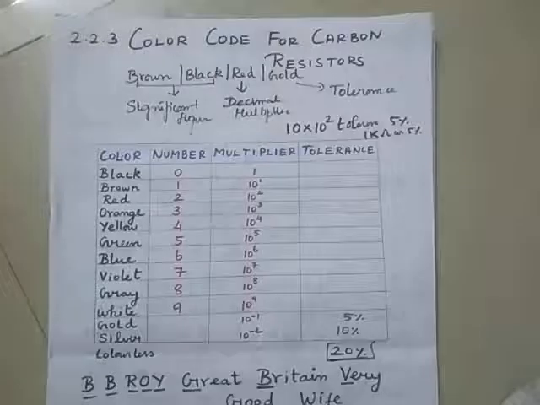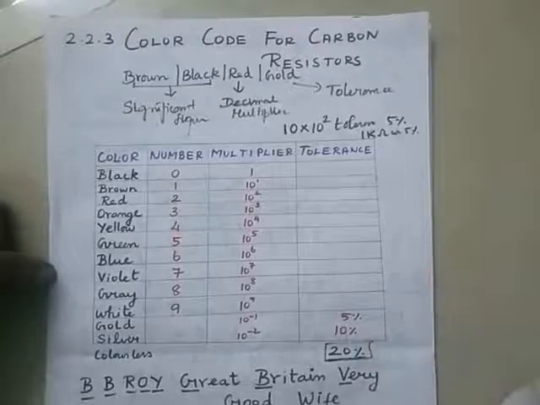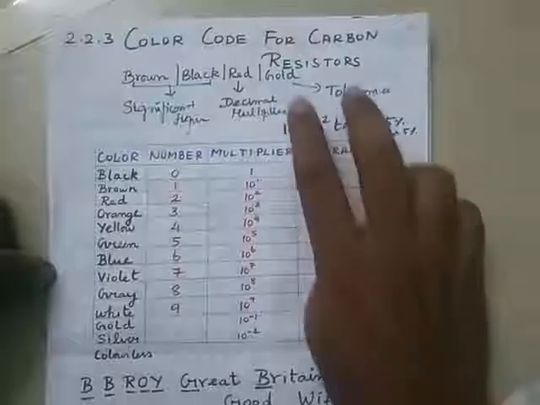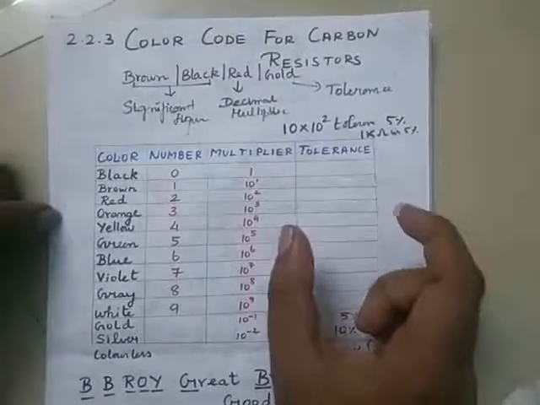Hello students. In today's class we learned some important topics and we got some knowledge on that. Here it is time to recall. I will recall today's topics in a short manner. Okay, listen. Our first topic is color code for carbon resistor. Using this knowledge we can identify the value of the carbon resistor using the color code.